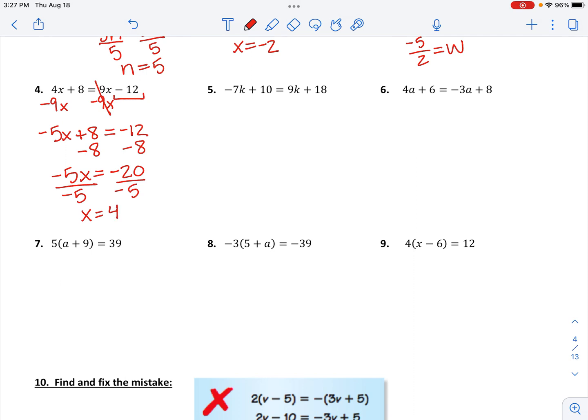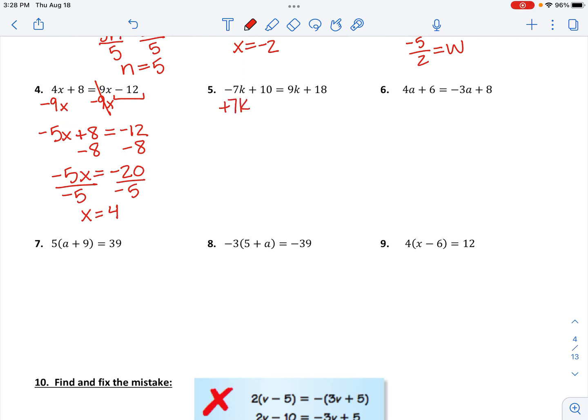Okay. All right, so moving all the variables to one side, all of the constants, or all those numbers, to the other side. Number 5 is going to be very similar. This time, I'm just going to move the variables to the right side to show you that that still works. You will still get the same answer. So this time, I'm going to move this -7 over to the right side